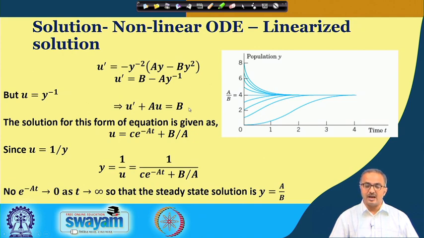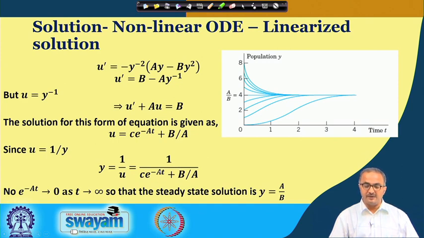We get ultimately this particular expression which is a linear equation, and we have learnt how to solve this linear equation, and this is the particular solution of the linear equation. Again we have this particular constant c, whose value may be obtained by the initial condition prescribed in the particular problem. Now, we have obtained u, and we can find the value of y by simply taking the reciprocal of u, and this is the final solution for y.